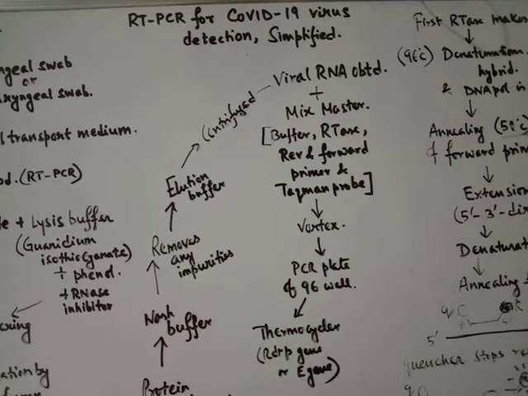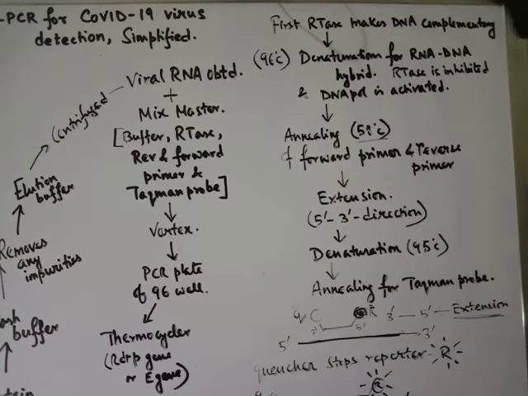The E gene and the N gene are the structural components of the virus, and the RDRP is both structural as well as essential, because it's basically an RNA polymerase for the virus. In case of PCR we need DNA, but we are starting with the viral RNA. So this RNA to DNA conversion is first done by the reverse transcriptase enzyme, which makes a DNA complementary to the viral RNA.